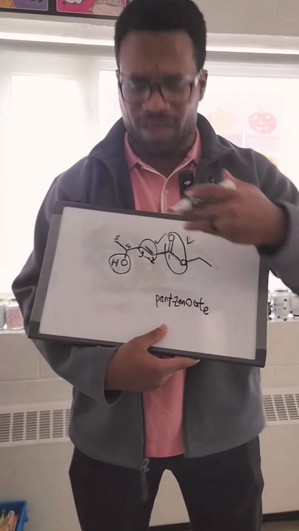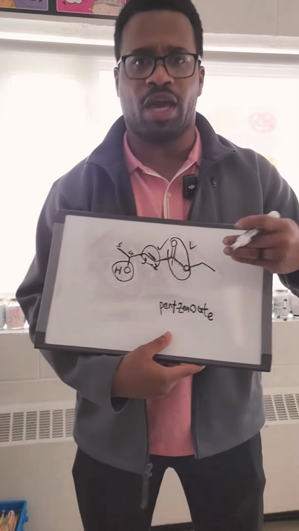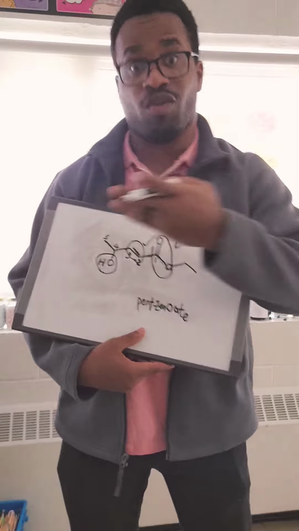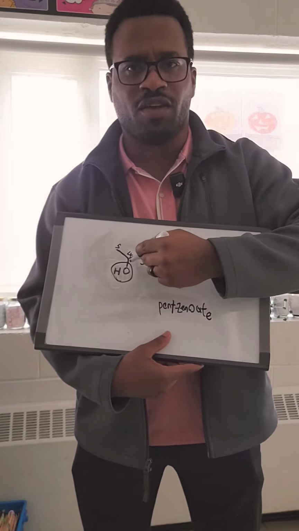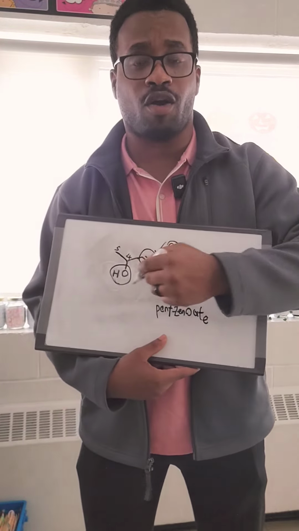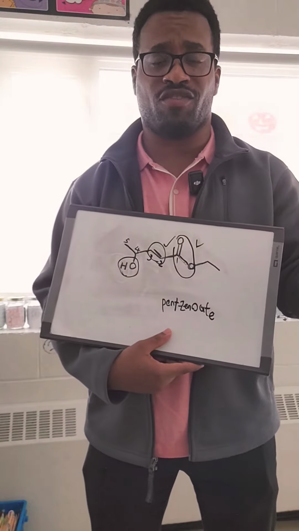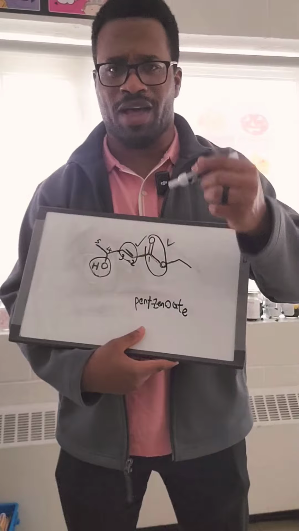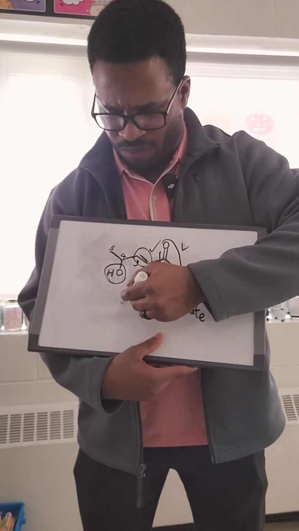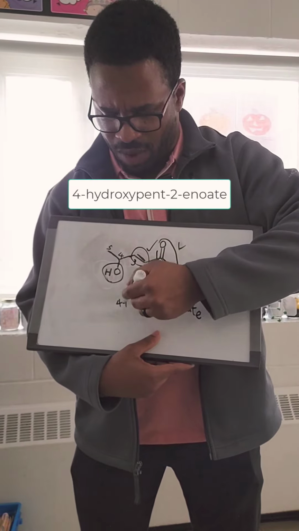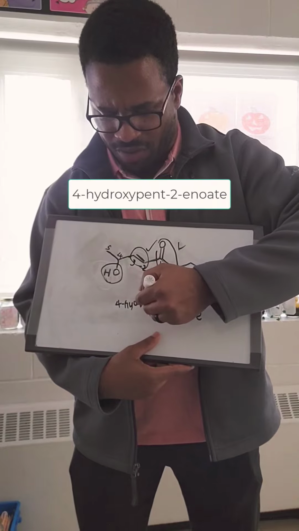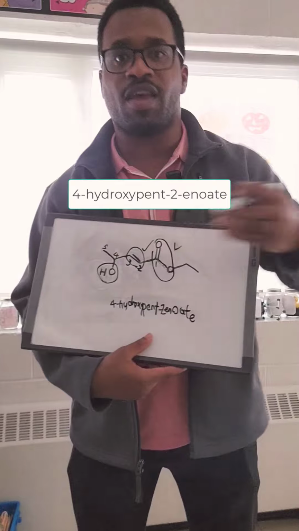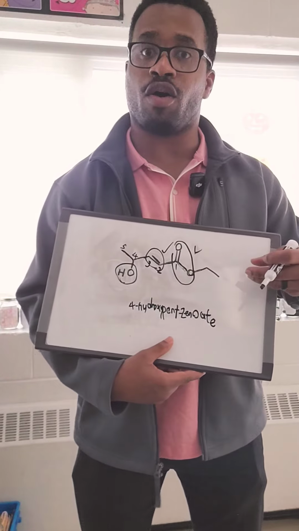And now the next part is along the same chain here, from that carbon double bonded O in that particular direction, we can notice another functional group. This here is an alcohol, but for alcohols, because it is not the first priority, it's not the parent, it is a branch, we call it hydroxyl, and so it is at carbon 4. So we're going to have our 4, and we have our hydroxyl,